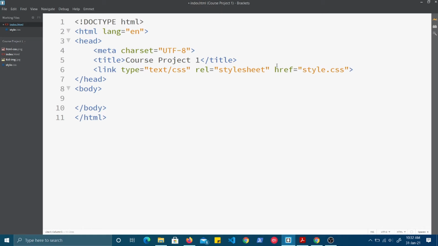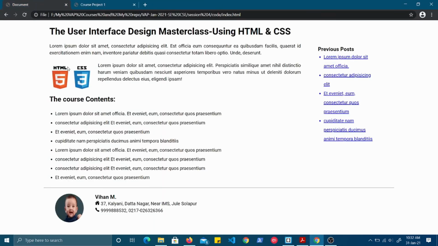Now let us see what is the layout. As you can see here, if you understand the entire page, this is the main container. Okay, this is the page you are seeing. So this is one div, one division of the page.